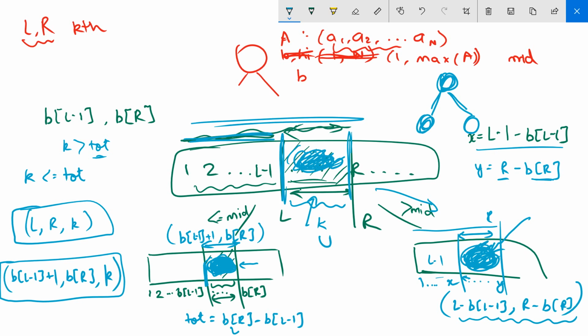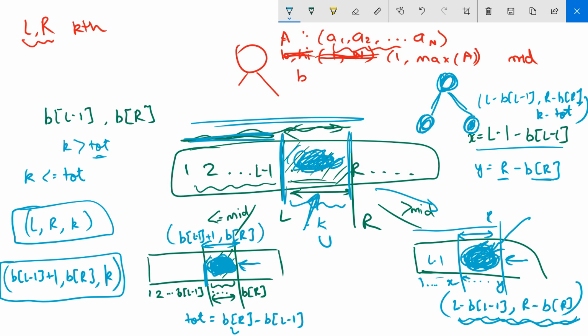So you query the right node with the range L minus B[L minus 1], R minus B[R], and now k becomes k minus tot, because the kth smallest in this would be the (k minus tot)th element in this, since tot elements have already been processed. I am regretting why I selected such a weird variable name, tot.